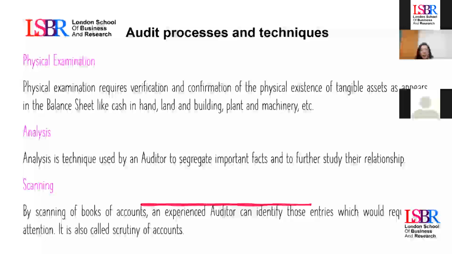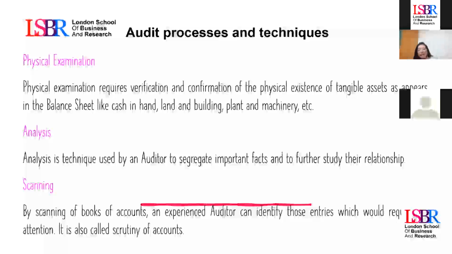Physical examination. This happens with companies that have, for example, products. If you think of Amazon, as an example, some auditors go to the inventory to see if all the things that the company has registered in the financial statement in the inventory area are the same as what the company has in stock physically.